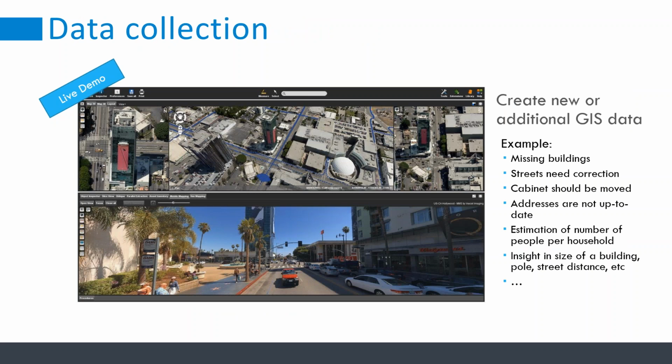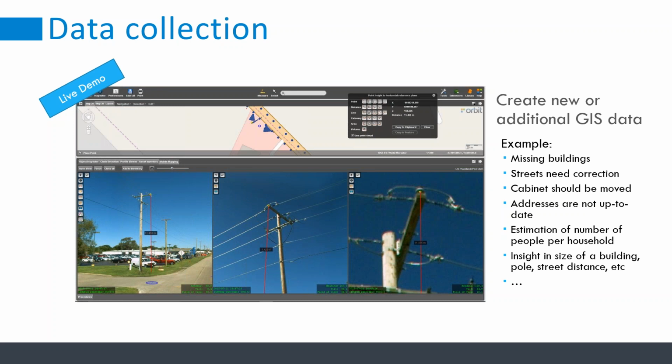So in that collection step, if we need to add new or update existing GIS data, I have here just two examples to show what additional GIS data we can get from mobile mapping data. As you already see on the slide, you get information about missing buildings, maybe some streets need correction, maybe a cabinet should be moved, or a cabinet can be used in the network and is not up to date in the data that you received. Addresses, check all the addresses, check also the households, get an estimation of the number of people that are there per household,